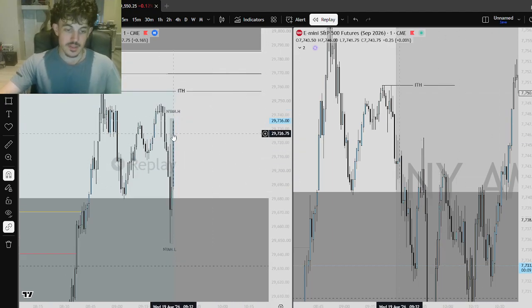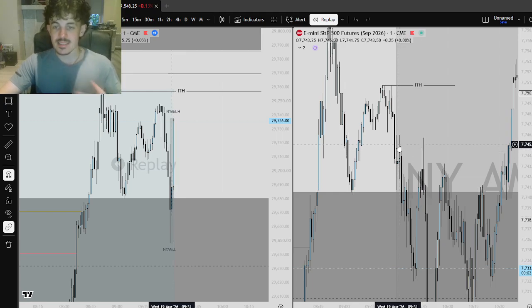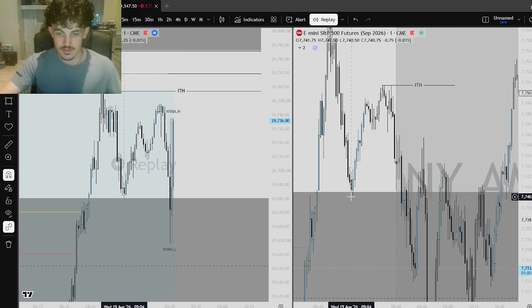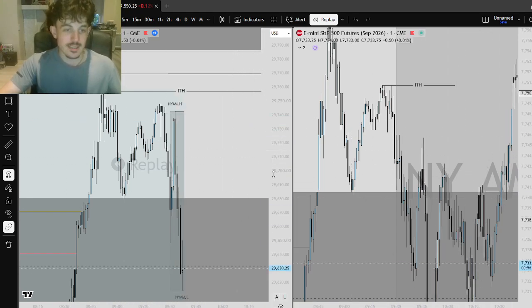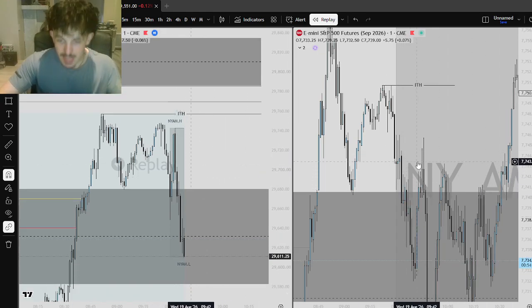So as we can see, 932 candle here, displacing. But if we look at the S&P 500, not displacing, right? It's not following the Nasdaq. It still looks like it wants to move lower and take out this draw before potentially moving higher, right? And as we can see, the setup gets wrecked instantly,